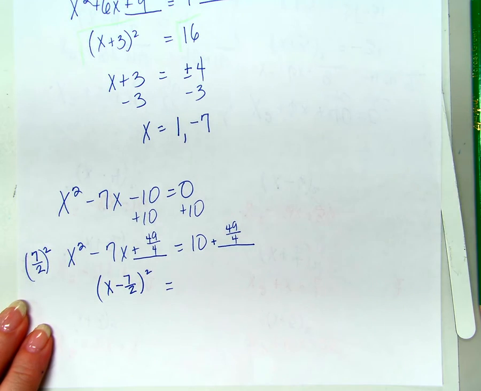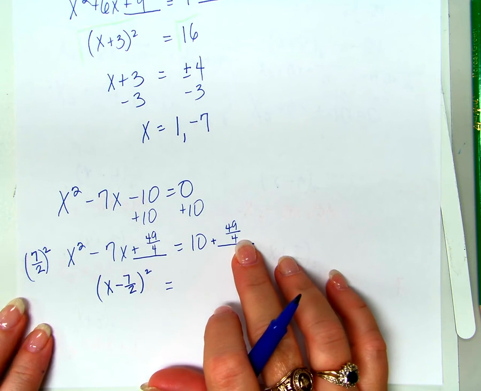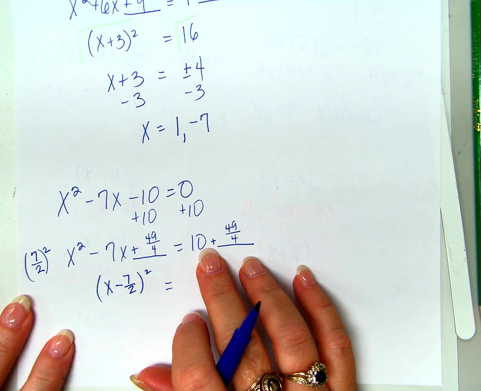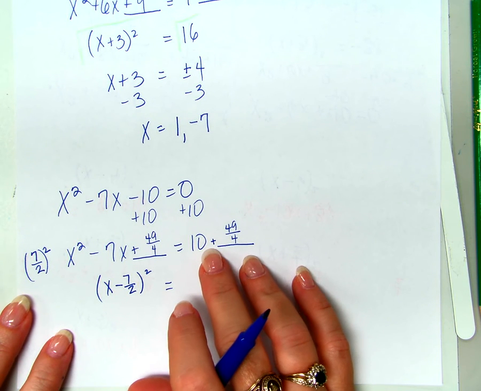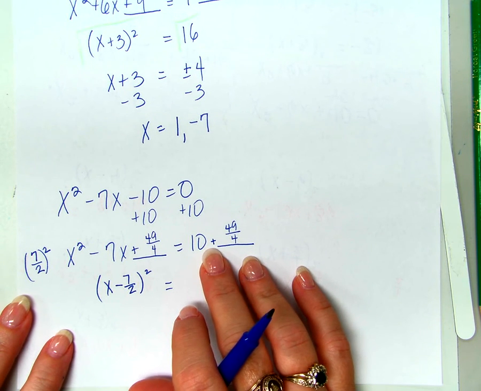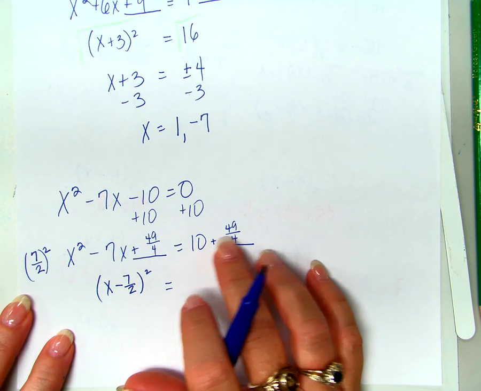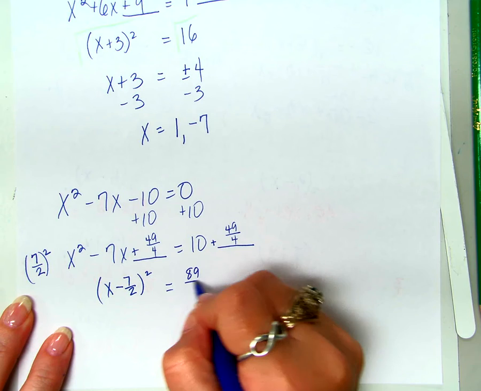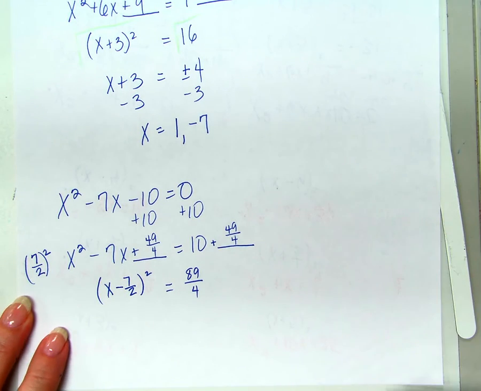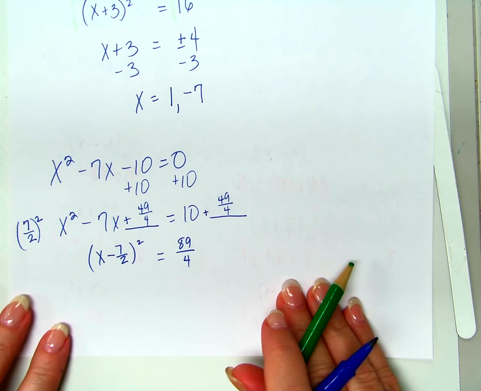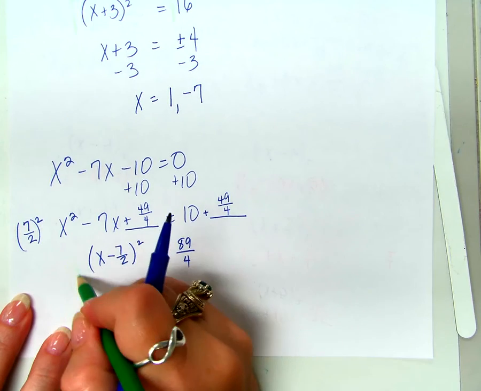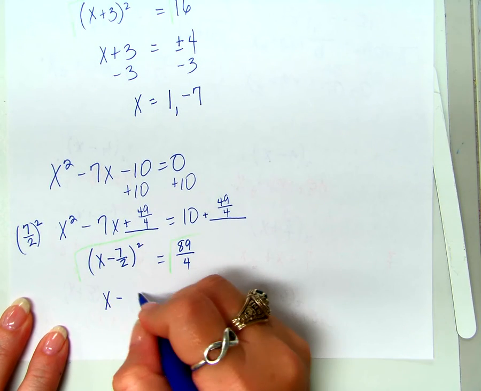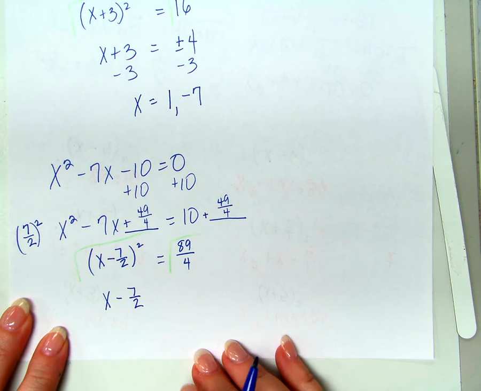Equals what? What do I have to do in order to add fractions? Common denominator, right? 10 is the same as what over 4? 40 over 4. What's 40 over 4 plus 49 over 4? 89 over 4. How do I solve? Square root both sides. x minus 7/2